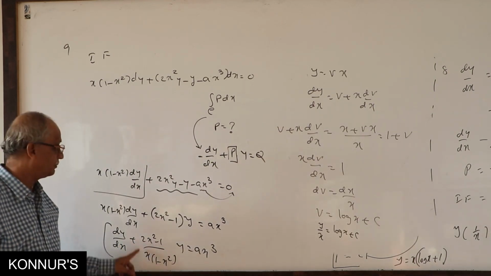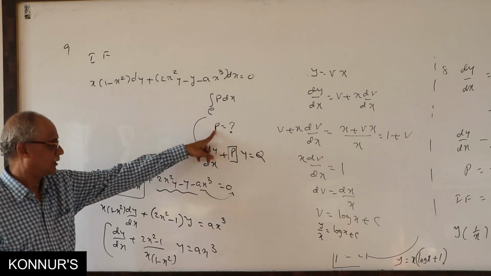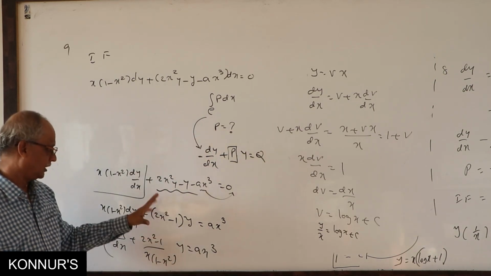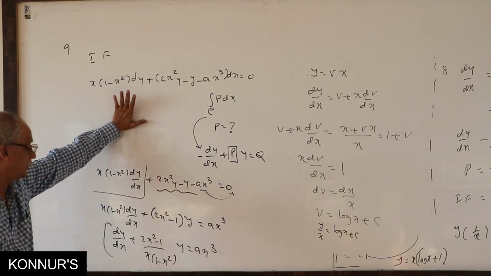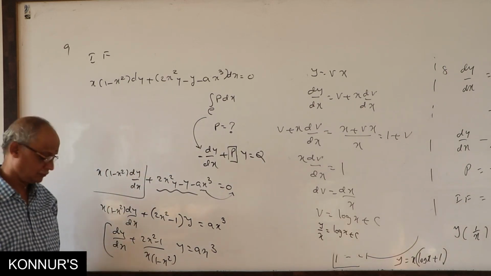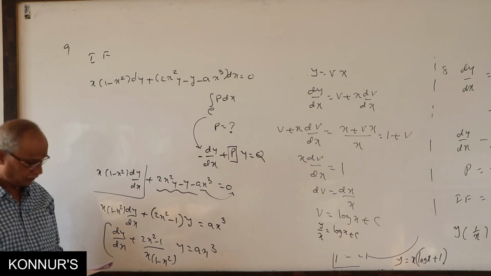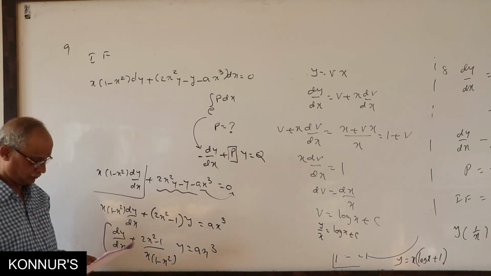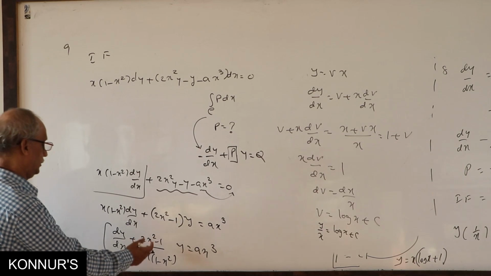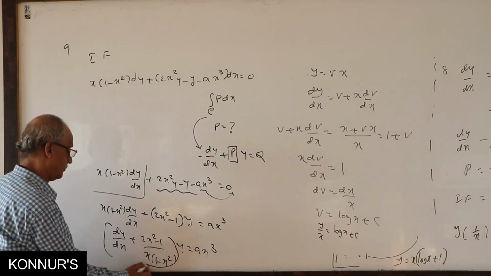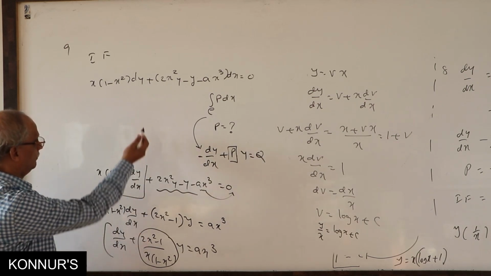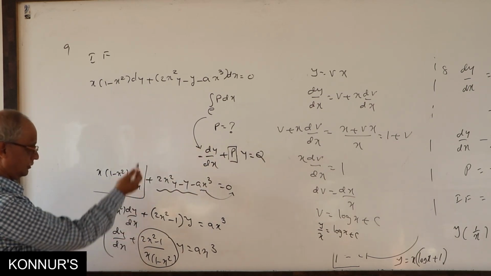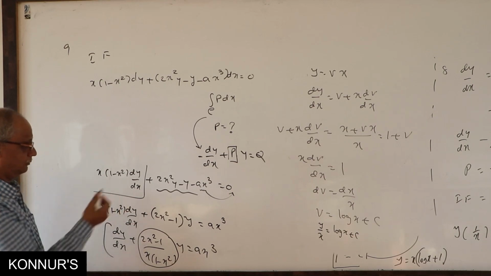This is our function p. Further no integration. You are just changing the duplicate form of the problem. Over. What is the answer? 2x square minus 1 by x into first option. He is asking only this p. For getting p only we are spending our time. Okay, that is the only problem.